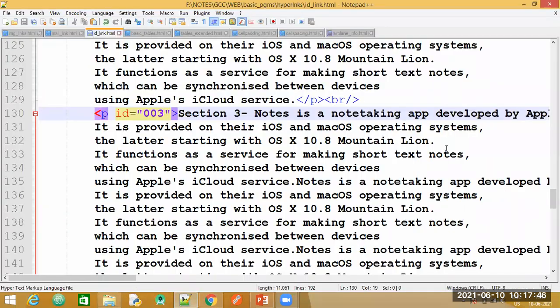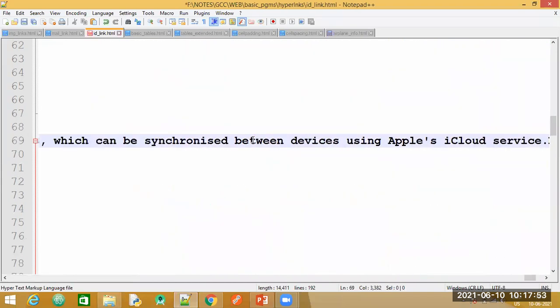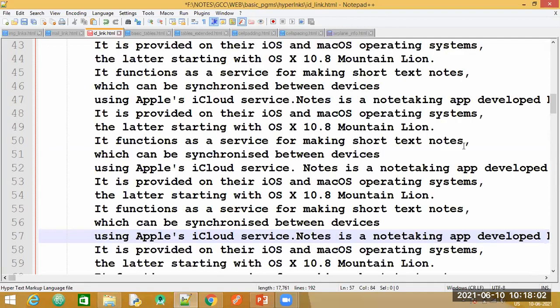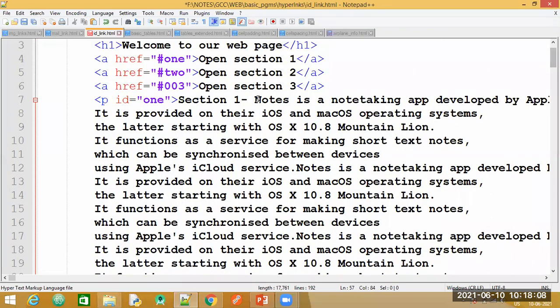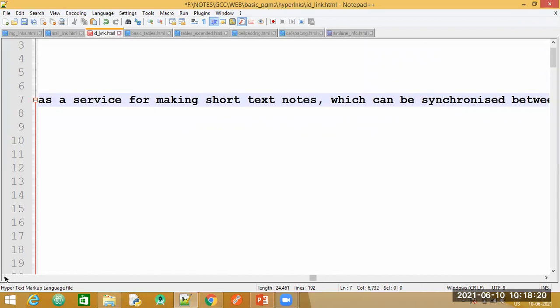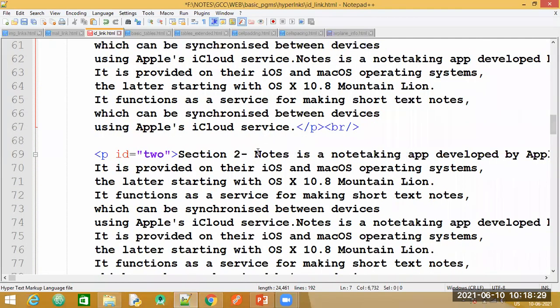We'll copy the same text and paste it for all the 3 sections. So let me paste it even for section 2.